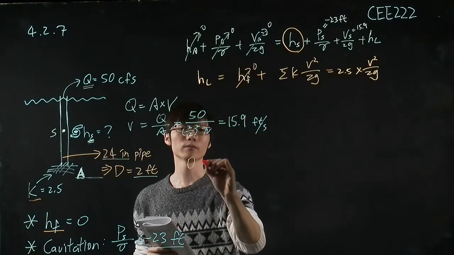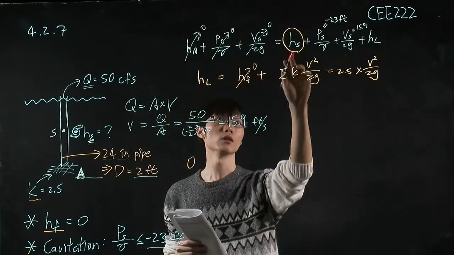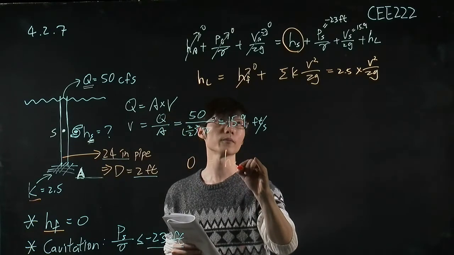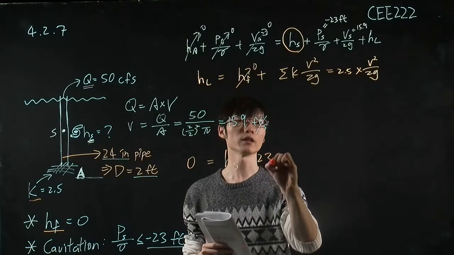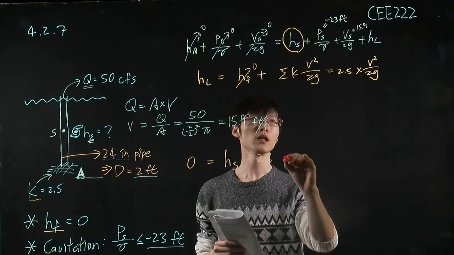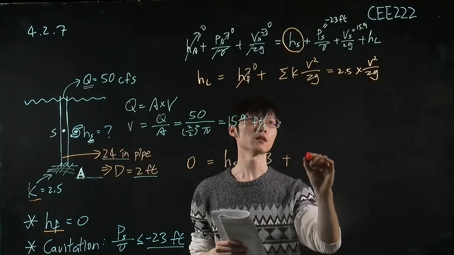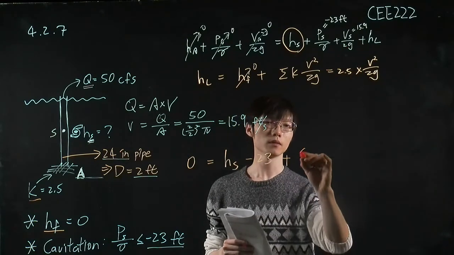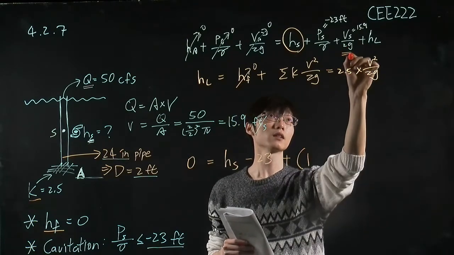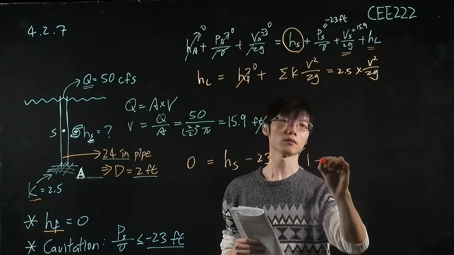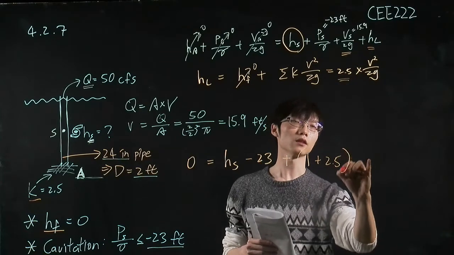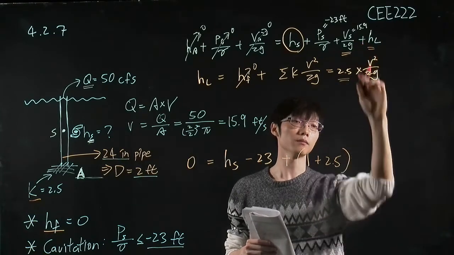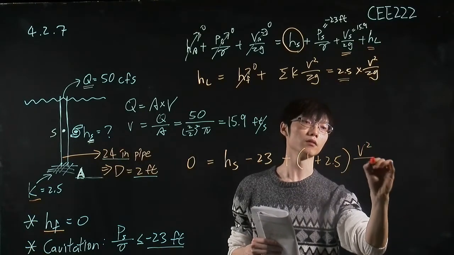So 0 equals HS minus 23 plus the velocity term 1, this one, and the head loss plus 2.5, this one, times the velocity term v squared